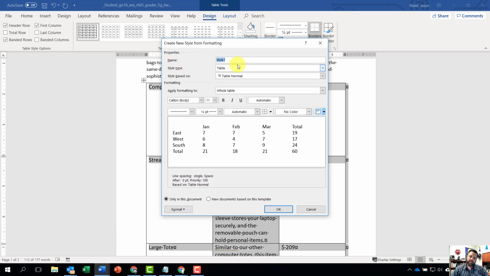And we are going to name this style Gift, capital G. Remember, we need to make sure we pay attention to our spelling and our case. We want the style type to be a table, which it already should be, but if not, go ahead and hit the down arrow and make it a table. We want to apply style to all